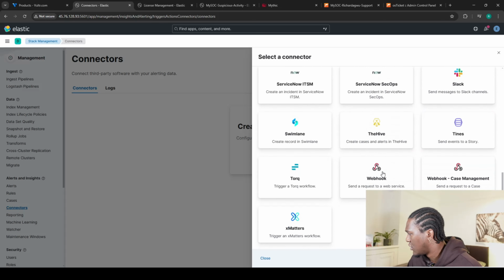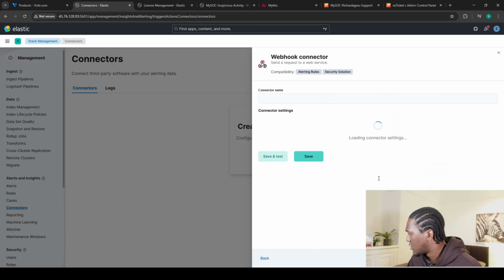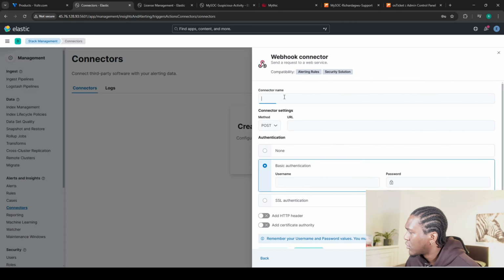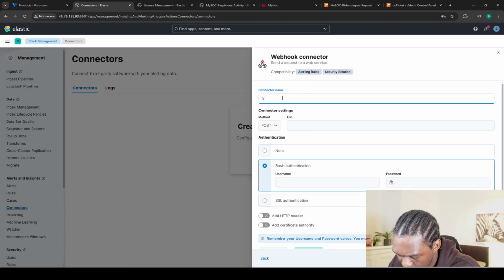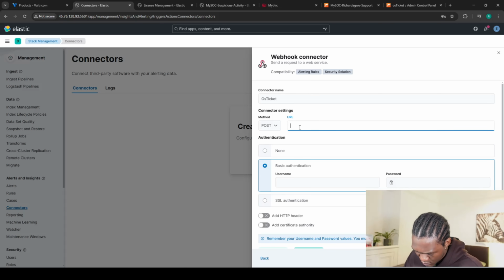But the one I'm interested in is Webhook, which is this. So I'm going to select Webhook. Connector name, I'm going to call this the OsTicket. And it's going to be a POST. So the URL is going to be